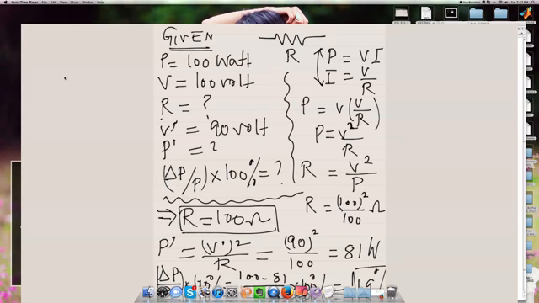So to recap, we had a resistor which has a resistance R that we are supposed to determine. The given set of information is the fact that the power is 100 watt, which is the power consumed by this resistor when we apply a voltage of 100 volt. So based on this info, we have to determine what resistance would that be. Once we know that resistance, and assuming this resistance stays constant, the new voltage is 90 volt, for which we